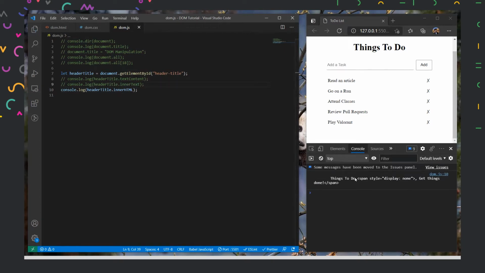So now our elements are also displayed over here, and our tags are also displayed here. And this is stored as a string, so we could manipulate it as well. So let's say I want to manipulate this part, so I can write header title. If you notice one more thing, I am not using the same notation which we have here. This is a string, and inside a string we can write anything.